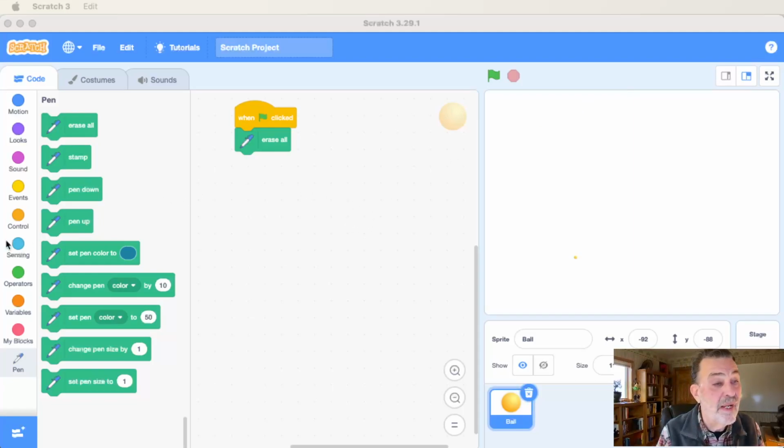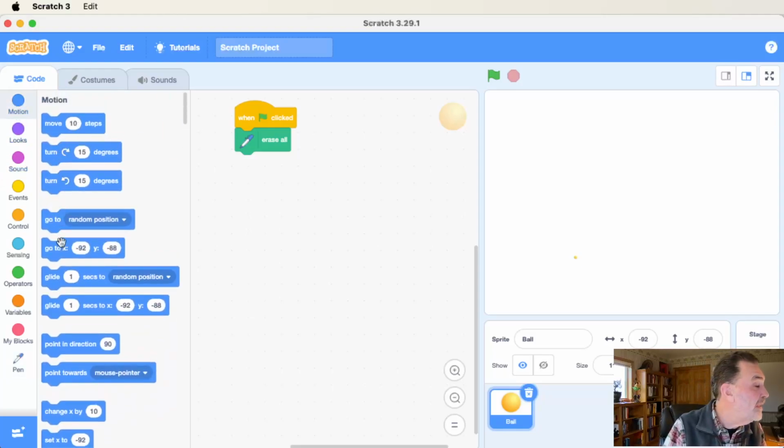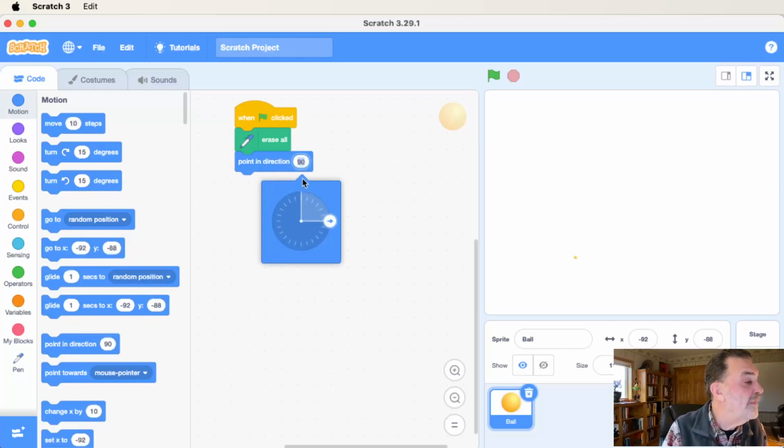Now I want, under this motion command, to point in a direction. And as you can see, this is measured from the vertical. I want to point in the direction up like here. I want to go up that way. The right value I found out should be 18. Point in direction 18. That was the complement to the 72-degree angle that we calculated. Point in direction 18. I'll put my pen down